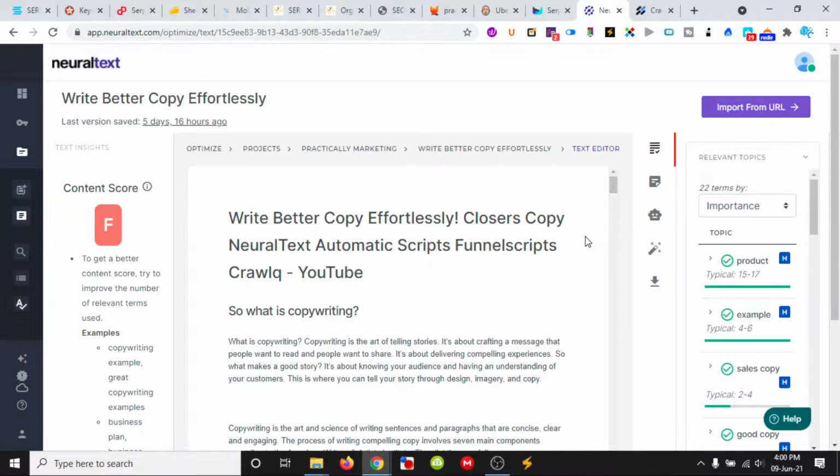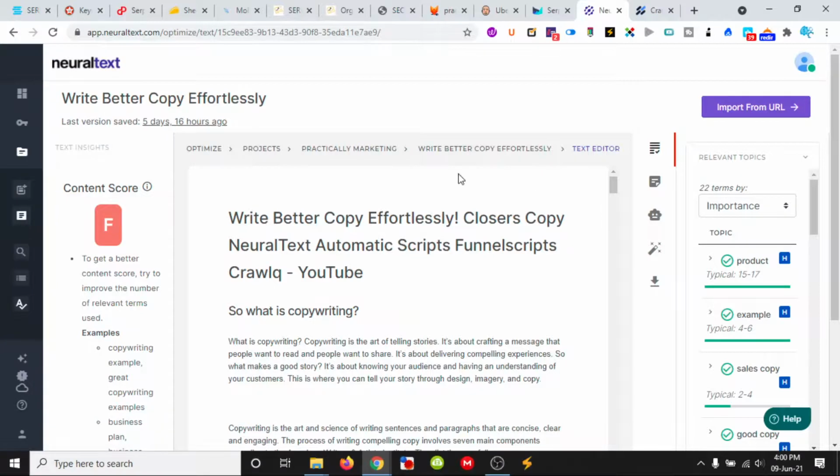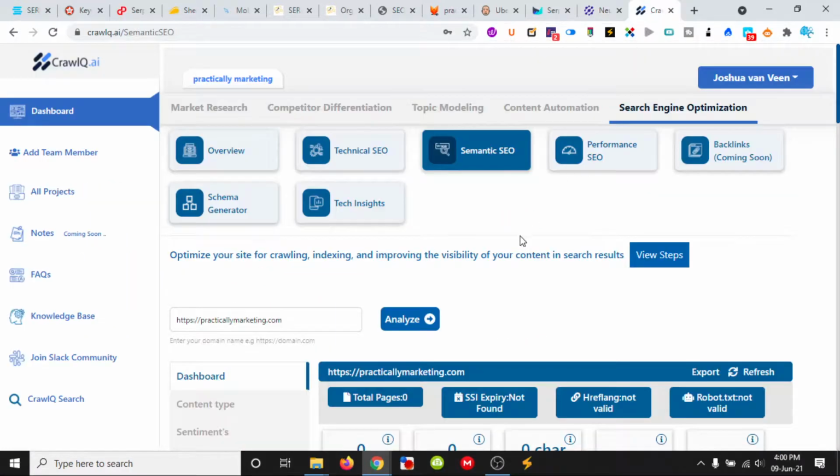Neural text, it's got a whole bunch of features in it, but it's not really a master in any of these features. But for well-rounded and to get you started with using free tools, it's good value. And